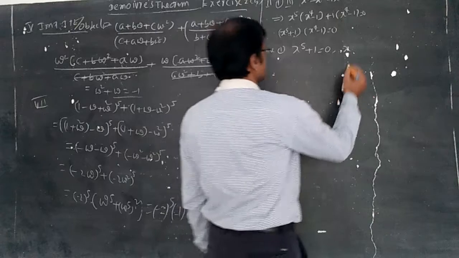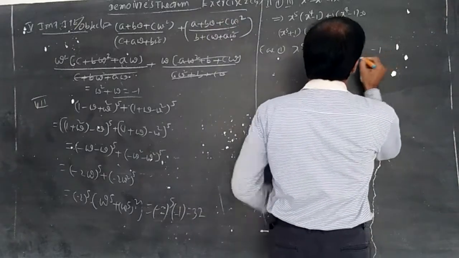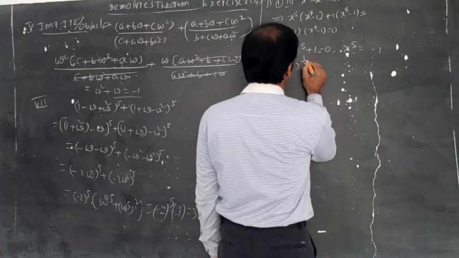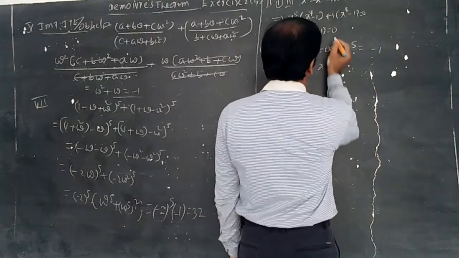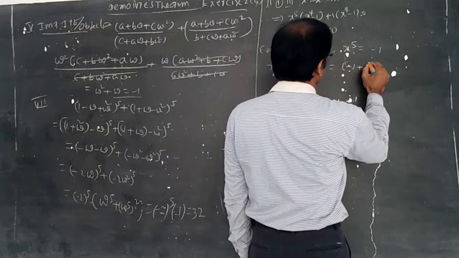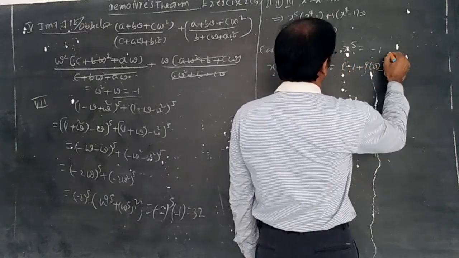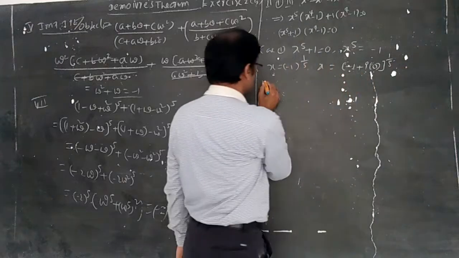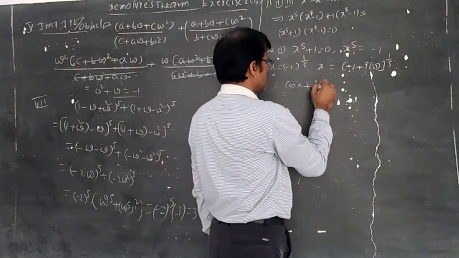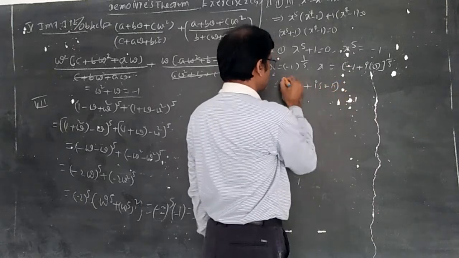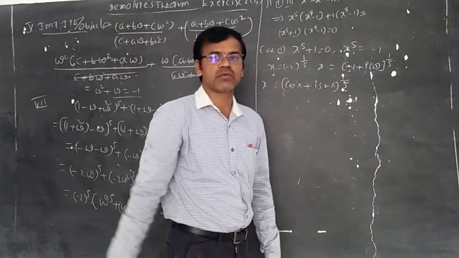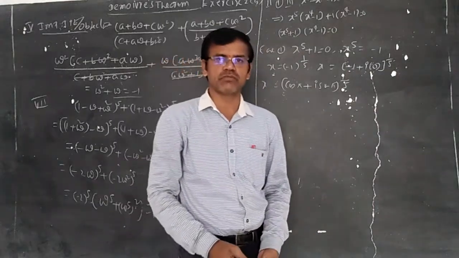x power 5 is equal to minus 1. So x is equal to minus 1 whole power 1 by 5. So x is equal to minus 1 plus i into 0 whole power 1 by 5. So x is equal to cos pi plus i sin pi whole power 1 by 5. I said the formula: cos theta plus i sin theta whole power 1 by n